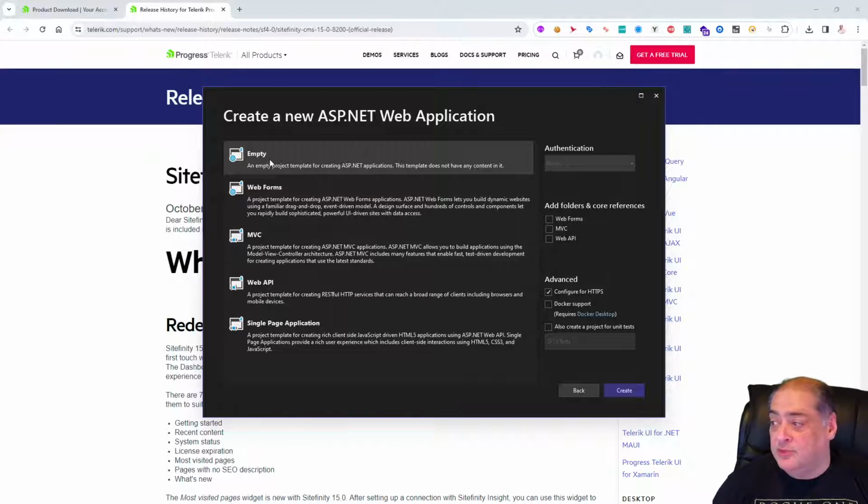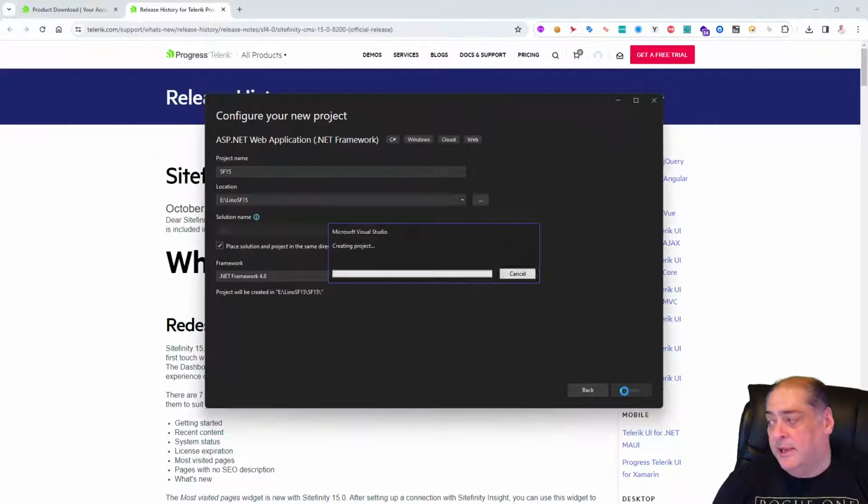My preference is to start completely empty and let the NuGet package put the exact folders and files and everything else that it needs for that project. So we'll start with empty. I'm going to even turn off the HTTPS for right now so that I don't have to have a developer certificate or anything like that. And we'll say create. And then we will wait a couple of seconds and Visual Studio will create a minimal